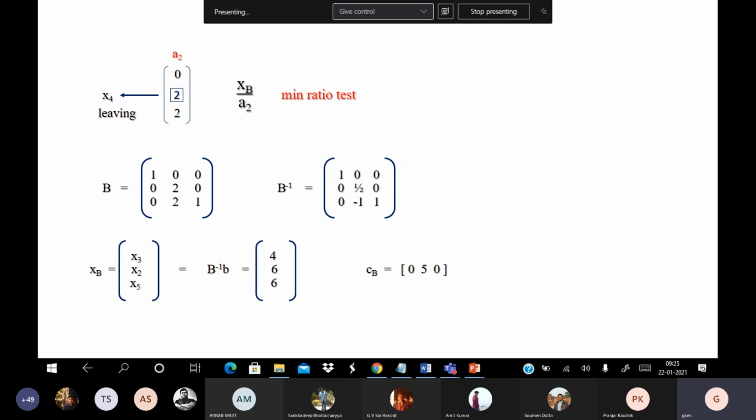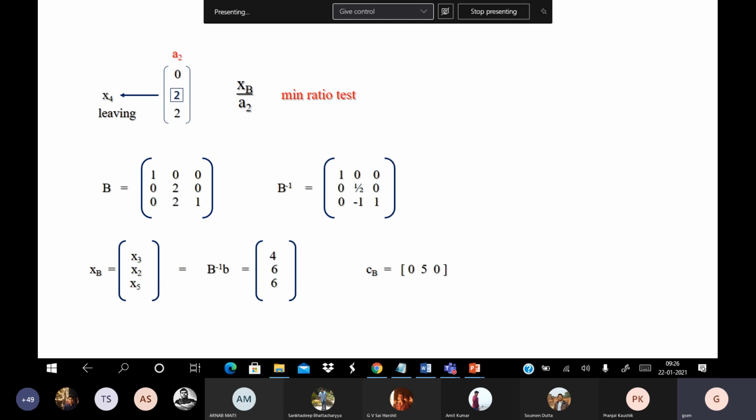So earlier you were doing Gaussian elimination in the table to reformat it, so that the basic variables have the identity matrix. Here, we actually do the same thing, but in a different way. Because x2 is entering and x4 is leaving, we simply have a new base. So our base will change. So what is the new base? Earlier, what was the base? The identity matrix, right? Corresponding to the slacks.